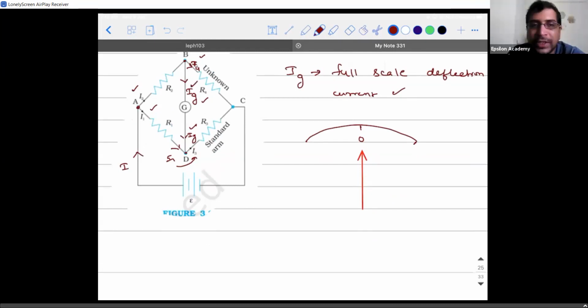As I told you, Wheatstone bridge is an application of Kirchhoff's law. Now, what are all the loops I can take into consideration? Can you guys tell me what loop I can take? I can think of the loop A, B, D, A. So if I take the loop,